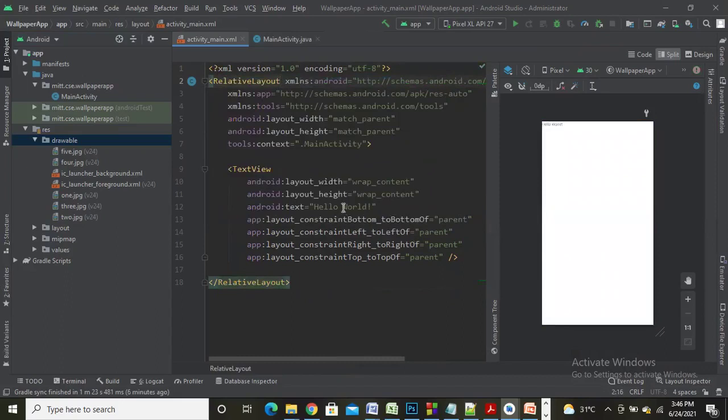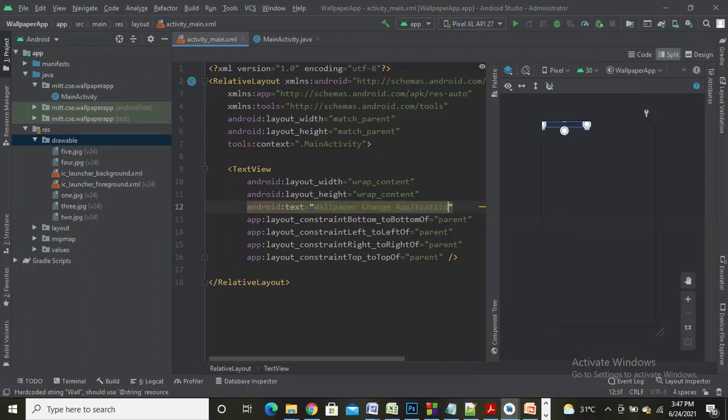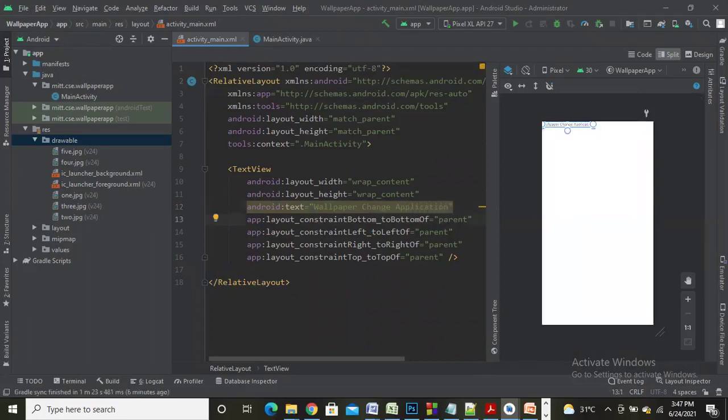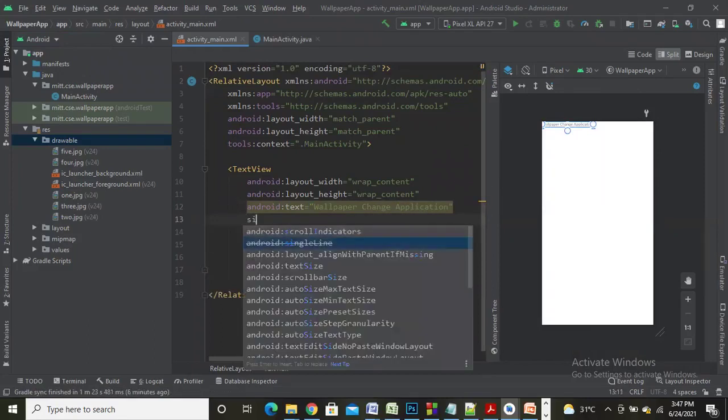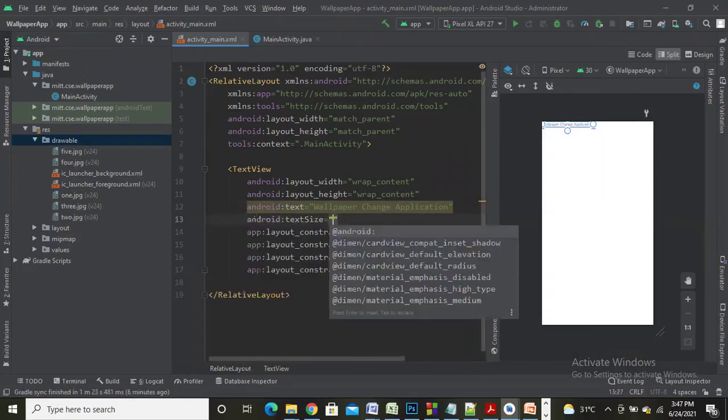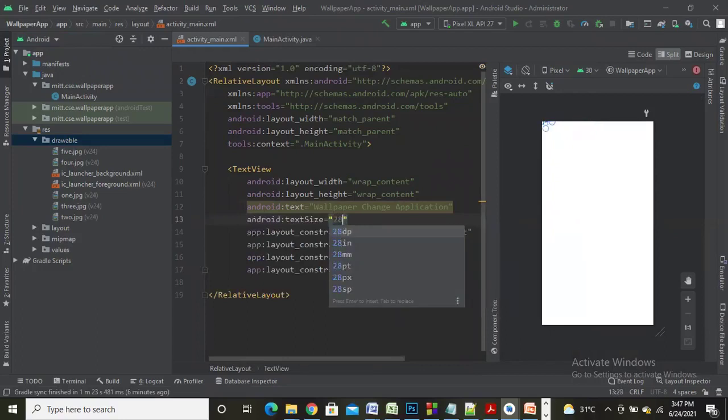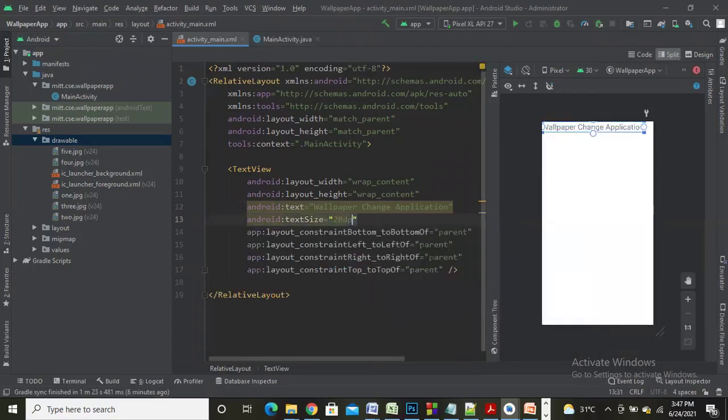Now the text view which displays Hello World by default, I'll change this to Wallpaper Change Application. I'll also increase the size of this text. So text size, I'll write it as 28 dp.